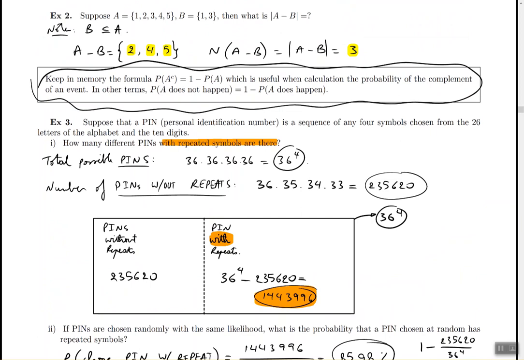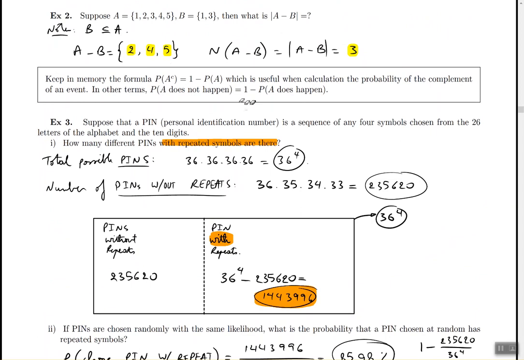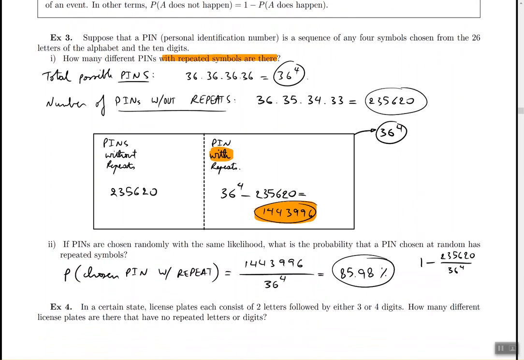So to calculate the probability of a complement, it's the same thing as doing 1 minus the probability of A. In this case, the probability of choosing a pin with repeats is the same thing as 1 minus the probability of choosing a pin without repeat. If you plug it in your calculator, you'll find out that this is the same amount. So, that's just another way of doing the problem in case you ever want